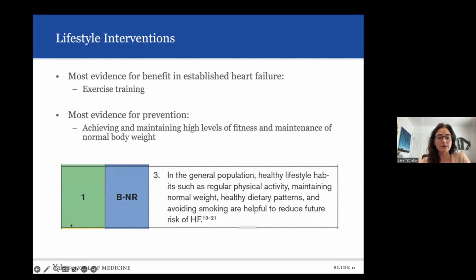And then if we look at those 2022 guidelines, really what they mention is this one bullet here: in the general population, healthy lifestyle habits such as regular physical activity, maintaining normal weight, healthy dietary patterns, and avoiding smoking are helpful to reduce future risk of heart failure. So that's really looking at the development of risk. So taking away from this, exercise training has benefit for patients that have a diagnosis of heart failure, and then for preventing, really focusing on some of these lifestyle measures, and highlighted in those are normal body weight and